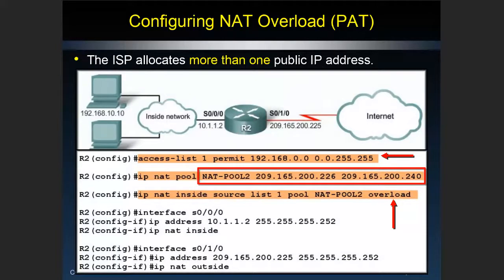So maybe you get more than one address. In the previous example, at home you only got one global address. Maybe you got a range. How many addresses is here? From 226 to 240. That's 14. That's a slash 28. We have 16 raw addresses, but we lose the 4 zeros as the network identity. We lose the 4 ones as the broadcast function. So we get 14 available addresses to the outside world. And then those 14 addresses can be overloaded and assigned to as many inside hosts as I may have, thousands maybe.